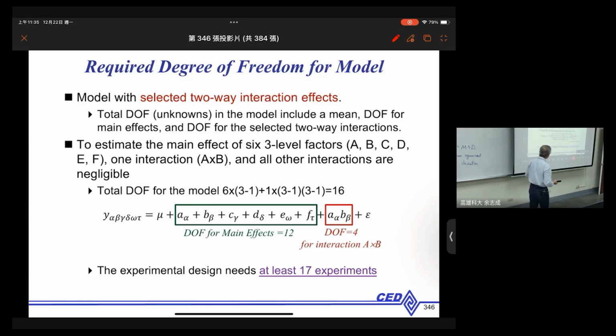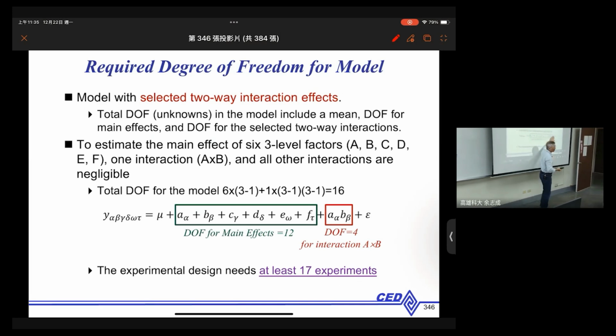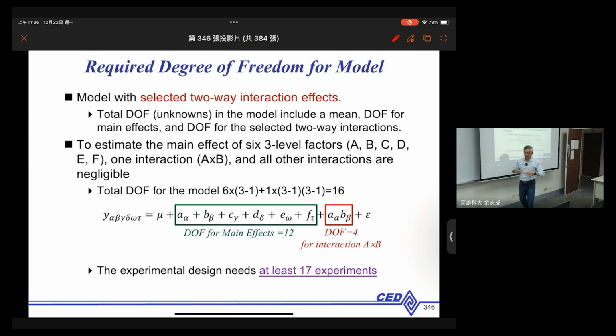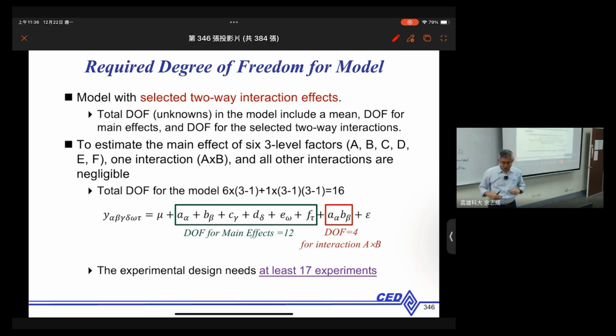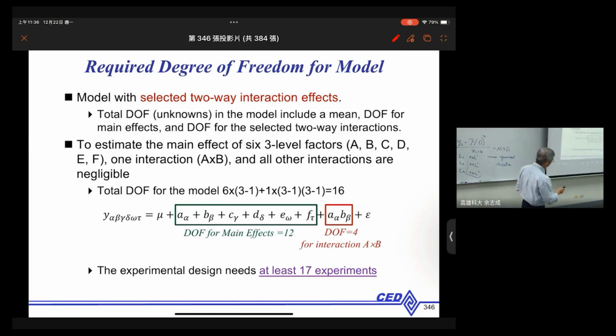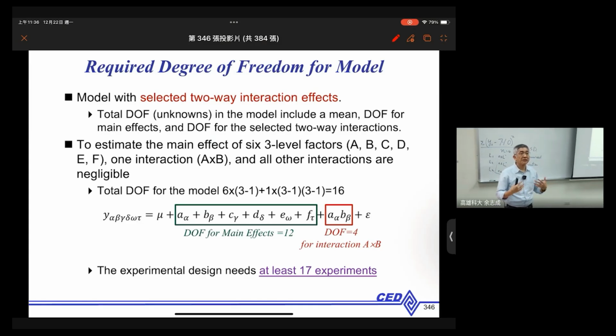Therefore, you can solve all these unknown variables mathematically. So from here, you can see that your orthogonal array needs to have at least 16 plus 1, 17 samples in order to solve all the results, not considering possible, I'm sorry, possible confounding, but at least you need to have 17